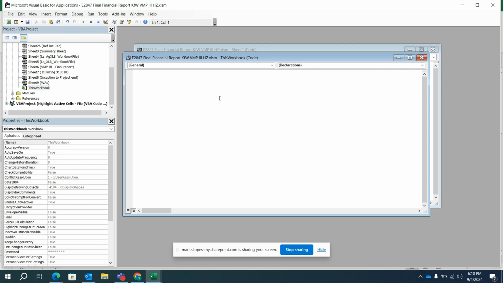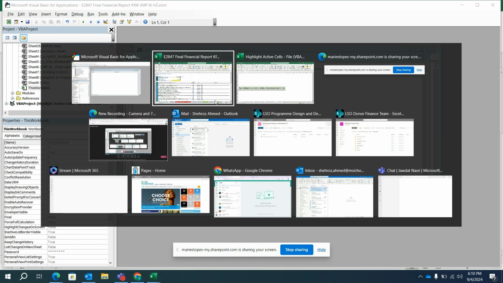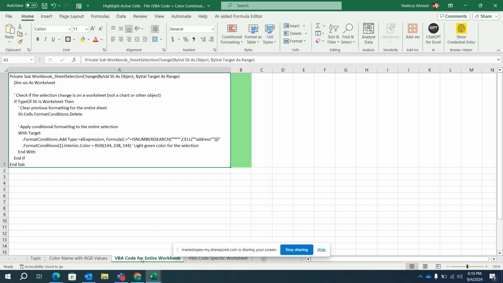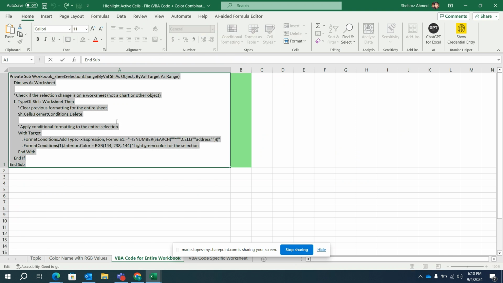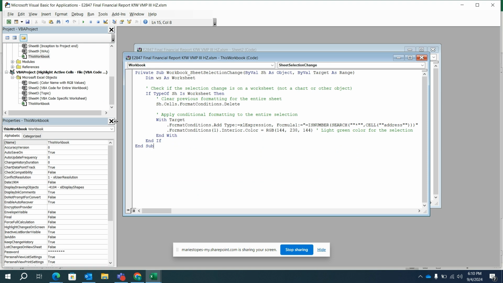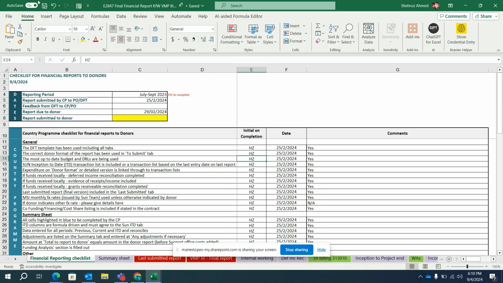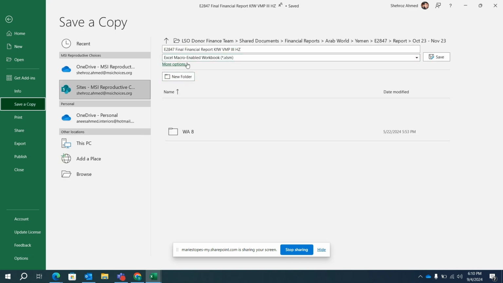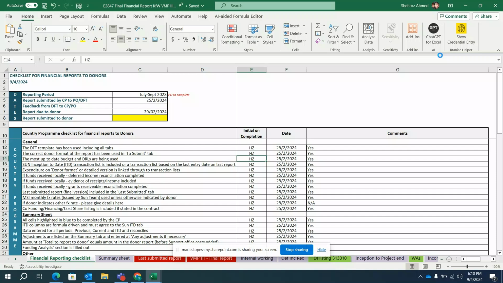In this window, you have to copy and paste a code which I'm going to share with this video, and it will be easily helpful for you to highlight your active cells. So here's the code. Select this entire VBA code and paste it here. Now you have to save this file as an Excel macro-enabled workbook. You have to save this file type, Excel macro-enabled workbook. Once you save this,